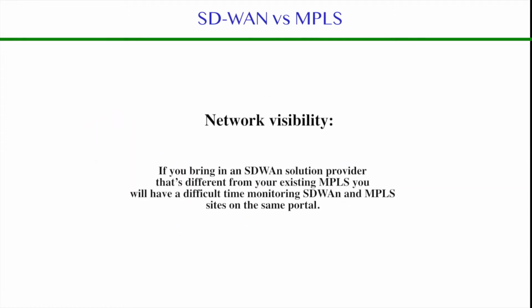Now let's be aware of a few differences and potential shortcomings. First of all, network visibility. Imagine if you have 30, 40, 50, or several hundred locations on an existing MPLS network, then you should have visibility to all of those services, all those locations. You can see the performance metrics at any given day or week. As you add an SD-WAN element to your network, you may start to lose that visibility, especially if you're signing up with a different SD-WAN provider from your MPLS provider. So be aware that if you do that, you're losing the integration of performance between the two service providers.